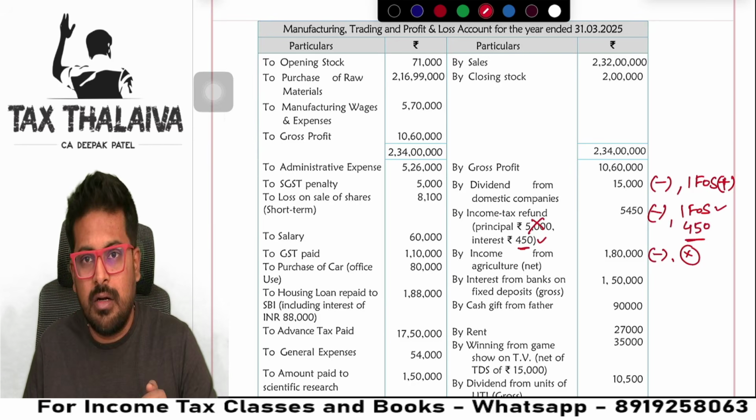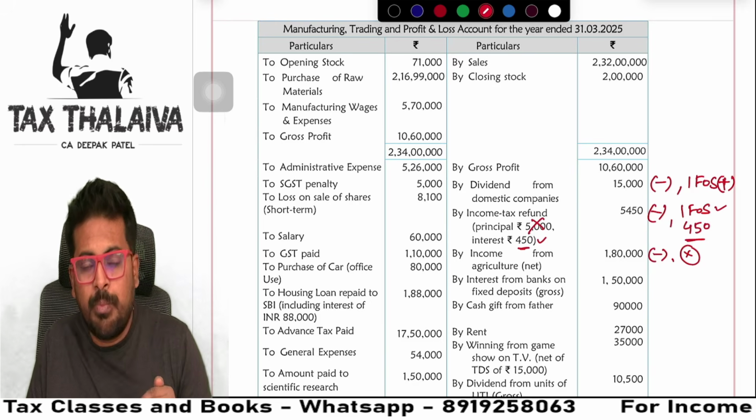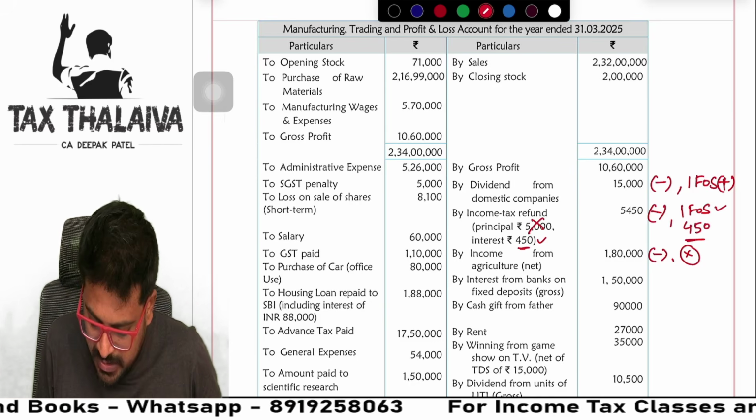So reduce from here PGBP because it is a wrong income credited to profit and loss account. So reduce from the profit and loss account and don't do any adjustment further. Okay, next,